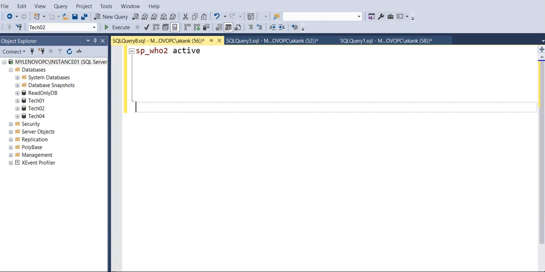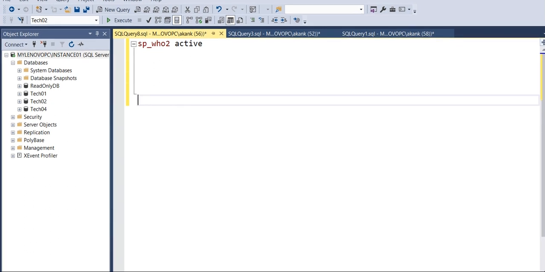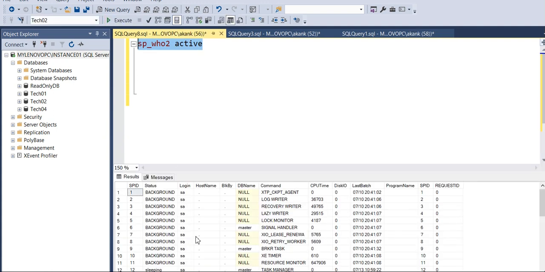So this is my management studio. I am going to discuss what to do if you are getting blocking session alerts and how to figure it out. I am going to tell you 4 or 5 easy methods to identify the blocking session. The first method is the sp_who2 active command. You can execute it and it will give you the